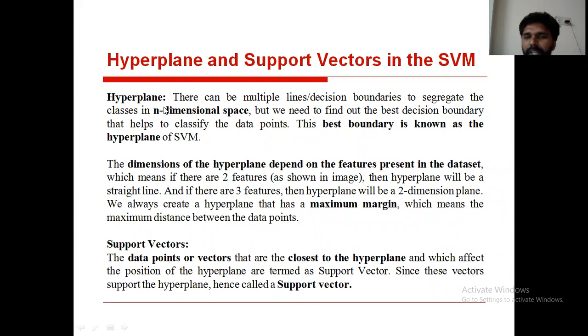Right? Hyperplanes may be straight lines or decision boundaries. On the decision boundaries, some instances may appear. These instances are called support vectors. And by using these hyperplanes, the classes are identified.